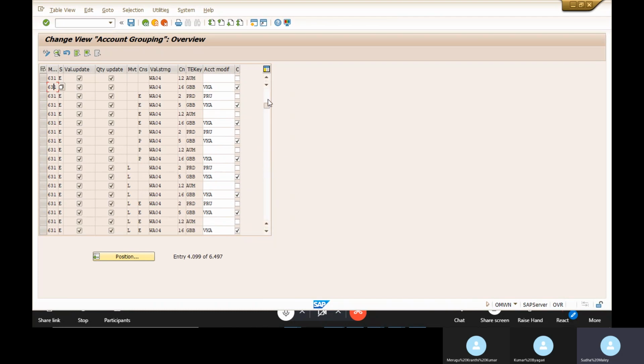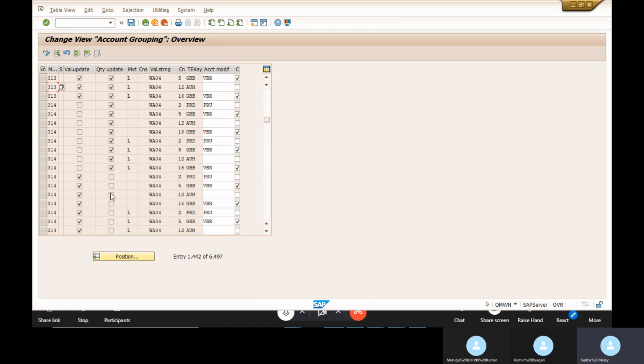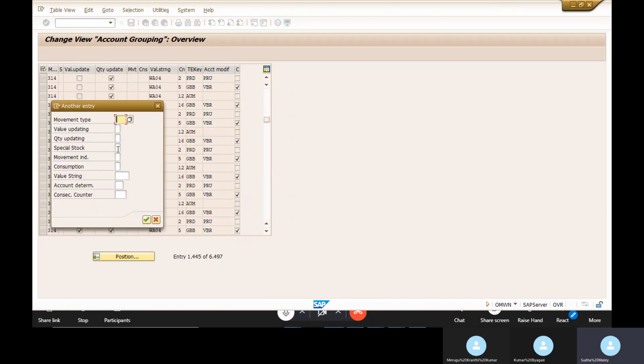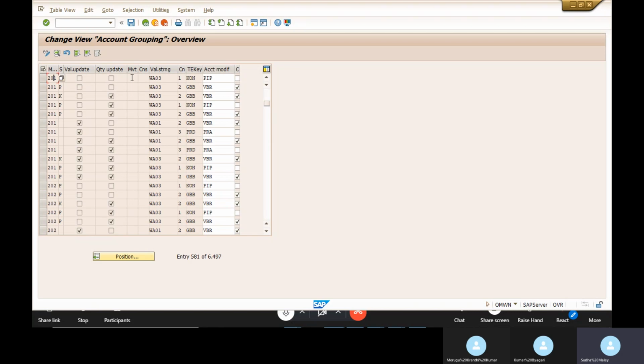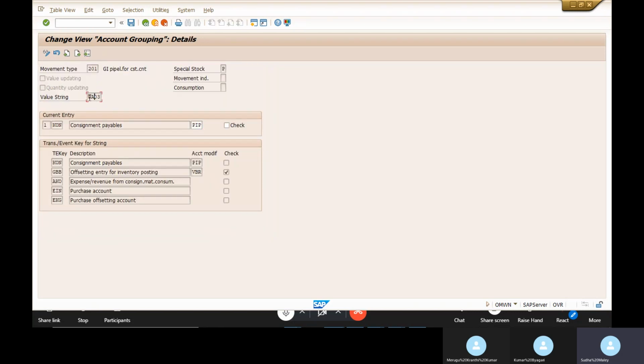So if you go for the 201 movement type, in the position search for 201. That is for goods issue, right? If you go to the details, you can see the value string, and these are the accounts that will trigger. Whenever you are doing a goods issue with this 201 movement type, these are the transaction event keys that will trigger.